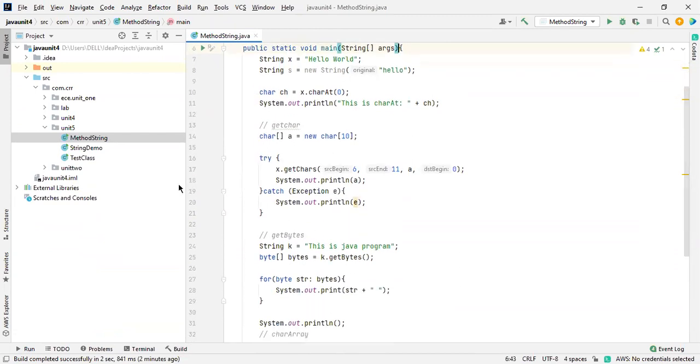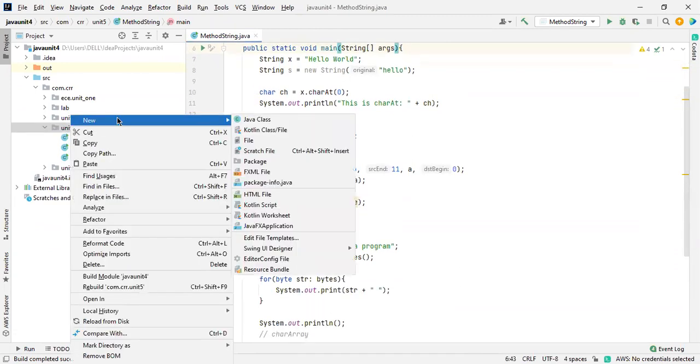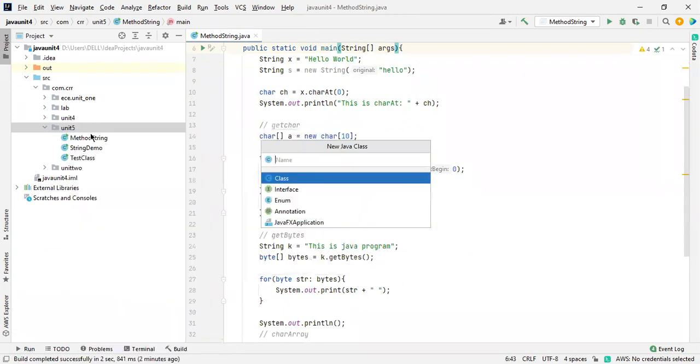So here I'm going to take one more example. At the end of the unit, I'm going to share each and every program with you. I will keep them in a PDF or a Word document and share it with you. I will name this a comparison test, COMP test.